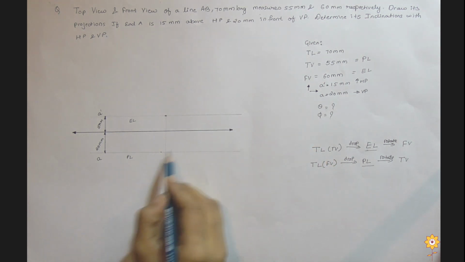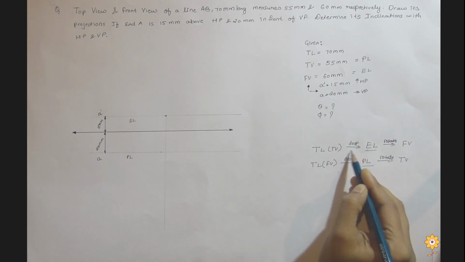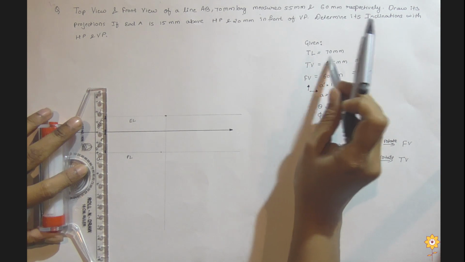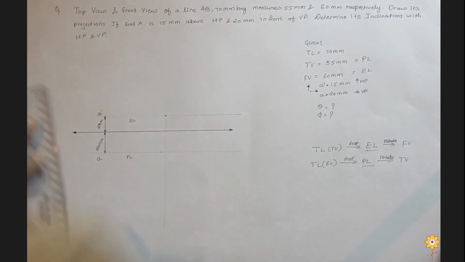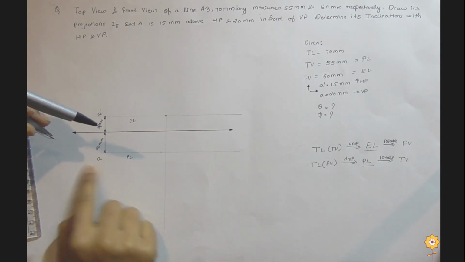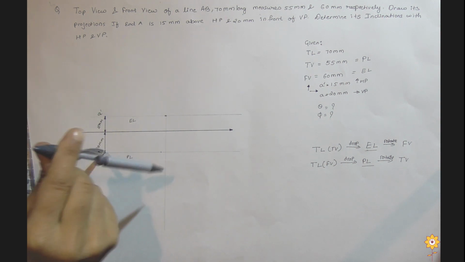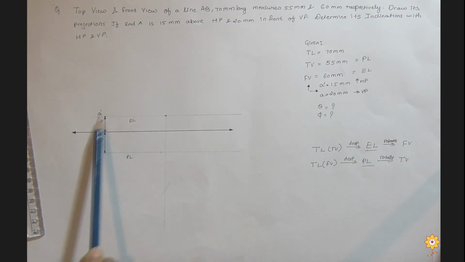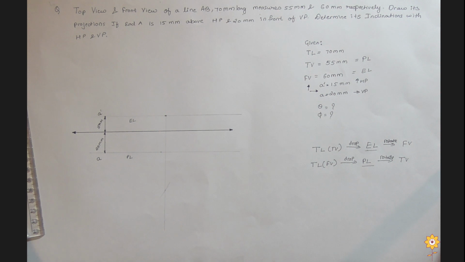All these lines should be light, and as I have already dropped my line for the true length of top view, now I can mark my top view onto this line. I'll measure the true length of top view, that is 70 mm, on my compass. A point is for the top view. I'll keep my pointer on A and mark the distance on the dropped line from EL. So this would be my point,